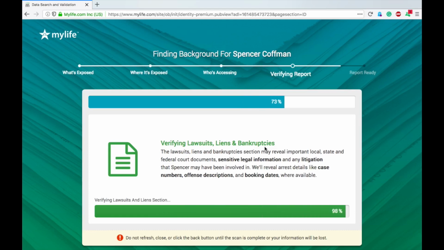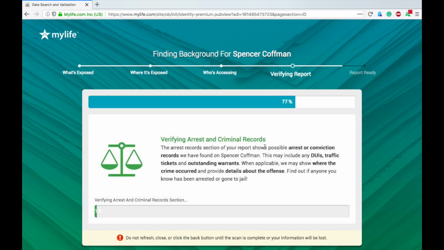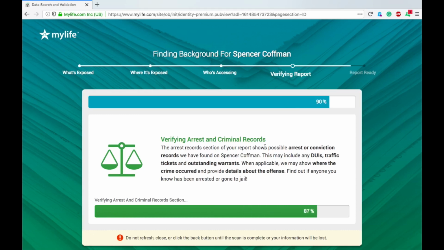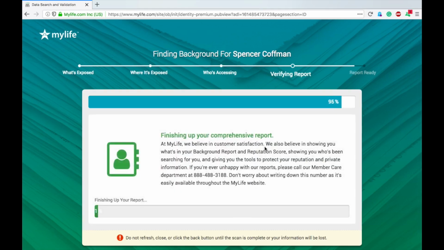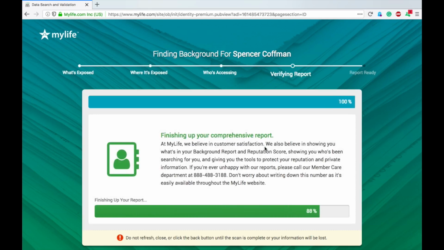Also share it with your friends, your family. Encourage them to remove your information and their information as well. Because as you saw in this report, it gives a listing of relatives. So even if you pull your information, but your brother hasn't, you might still show up as a brother of that person. Therefore, protect yourself and your family and your friends and everybody. Help them out. Share these videos with them, and we'll get them removed from there.